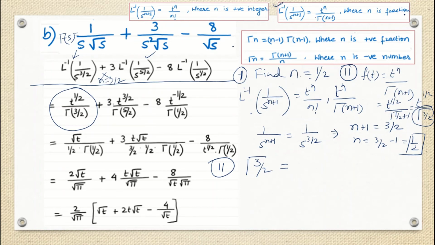Now, for the second step, here we have to see. When n is a positive fraction, then this formula we have to use. When n is negative, then the other formula we have to use. But straightforward, we have to use this first formula. So this is gamma n, and my n is 3 by 2. If n is 3 by 2, then we write 3 by 2 minus 1 into gamma of 3 by 2 minus 1. 3 by 2 minus 1 gives me 1 by 2, and then gamma 1 by 2.